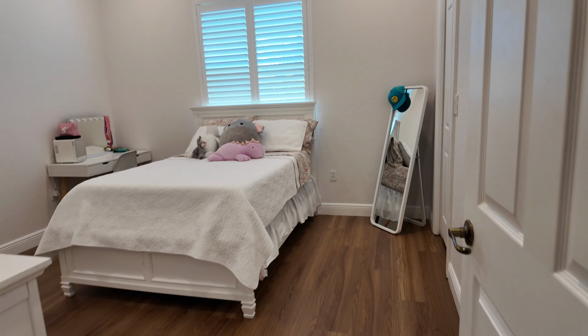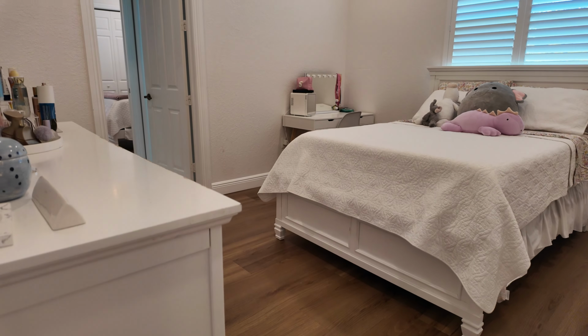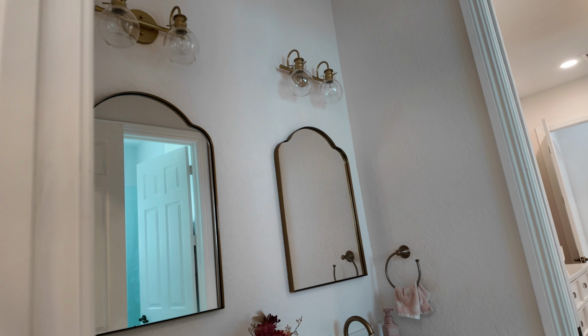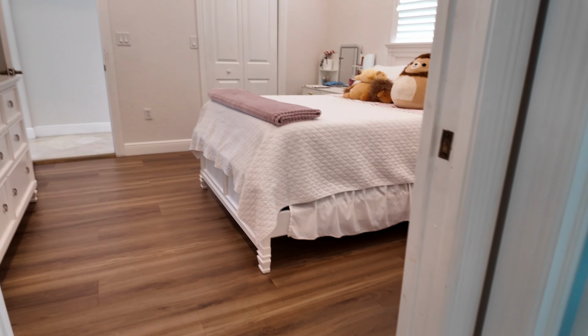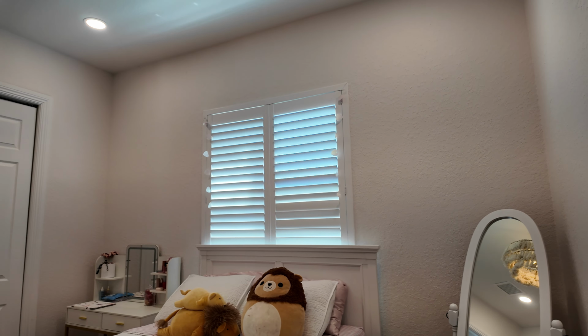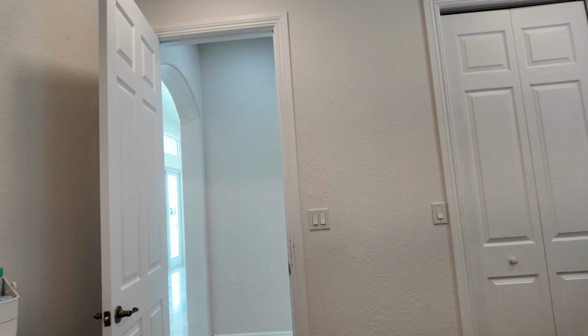Now we go to the other bedroom right here. Kind of the same size, probably a little bigger, but not much. But this one shares a bathroom, a pretty cool bathroom. With this next bedroom, these two are identical, like in size, the closet. And this one will take me to the